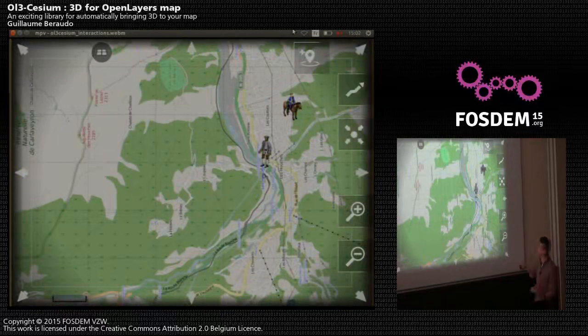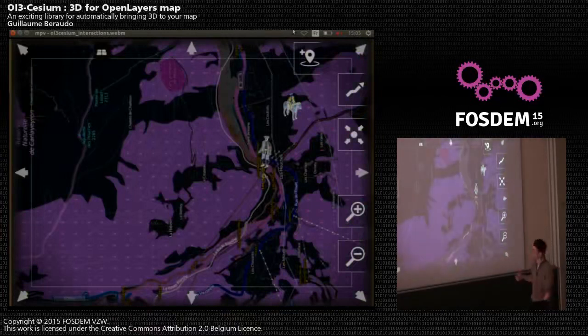Yes, it's not very clear, but what happened is that we were in 3D. We picked this point of interest, and we switched it to 2D. And after switching, we dropped the point in 2D. So we took it in the Cesium map, but we dropped it on the OpenLayers map with its own coordinate. And now the point has moved, and it will have moved, of course, both in OpenLayers and on